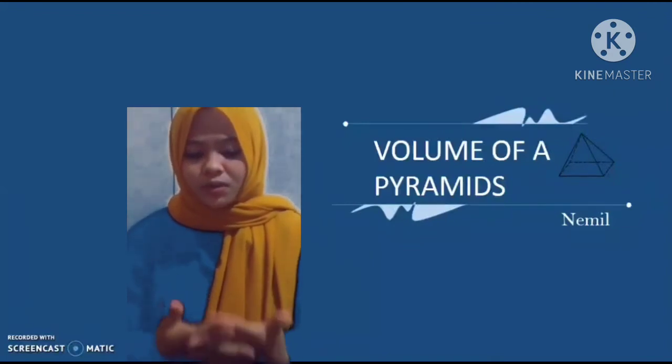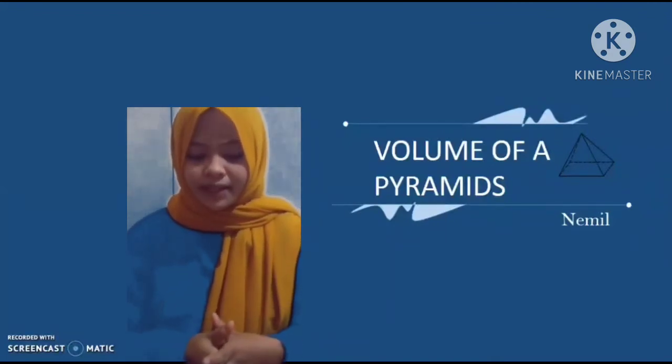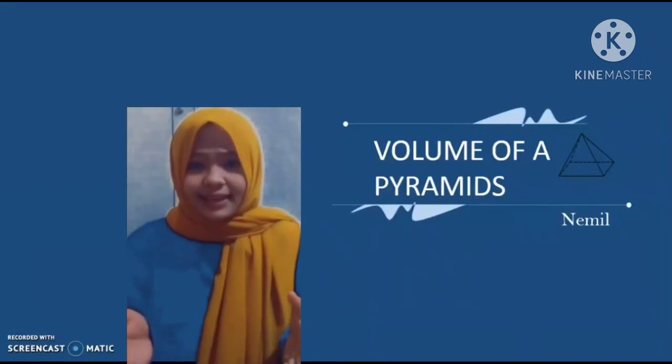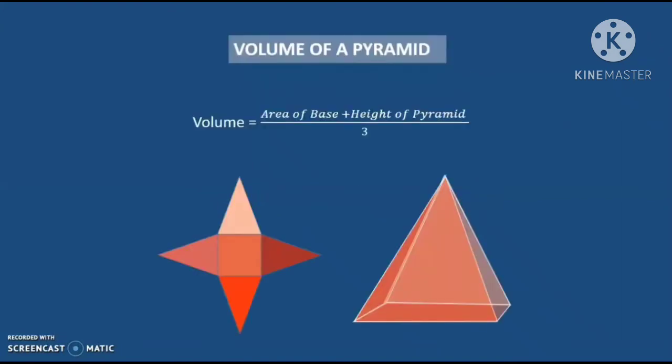Awesome. And how about the volume of a pyramid? How would we do that? Well, it's pretty easy. All we have to do is follow this formula right here: base area times height of the pyramid divided by 3. So, in this situation, we have the height of the triangular face over here.